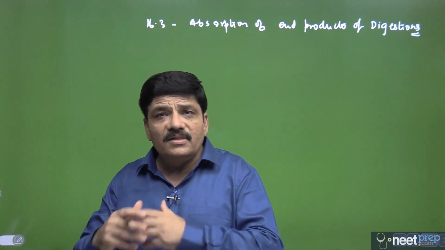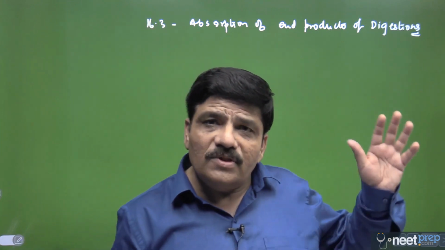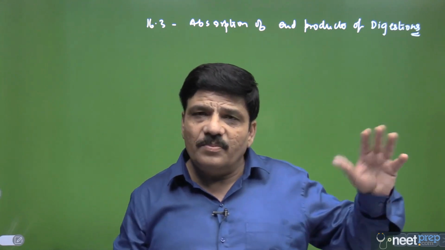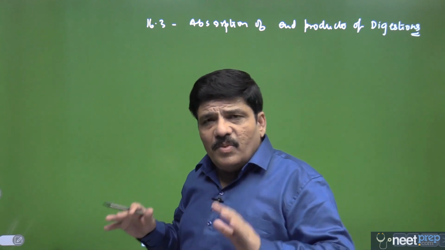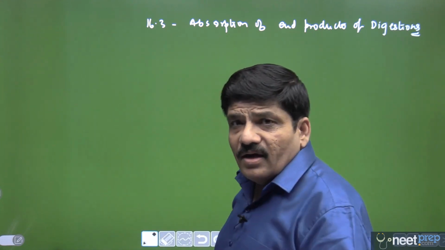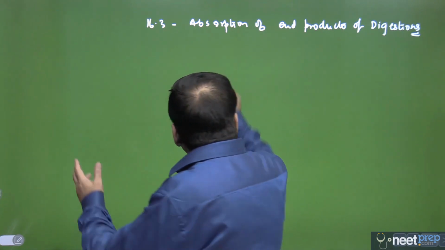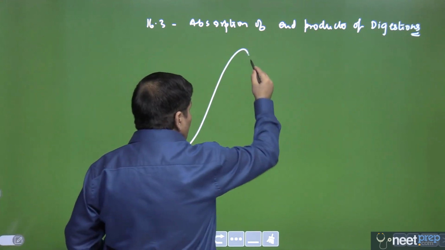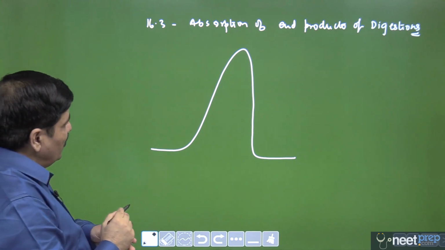Now you need to increase the absorptive surface area, so there have to be folds. Remember, some folds are also present even before. You can have some folds in the stomach, called rugae. But primarily we are talking about the later half of the alimentary canal, the ileum, where most of the absorption of the end products of digestion will take place, where the mucosa is thrown into finger-like projections. These finger-like projections are called villi.